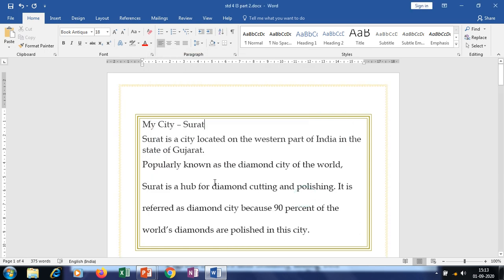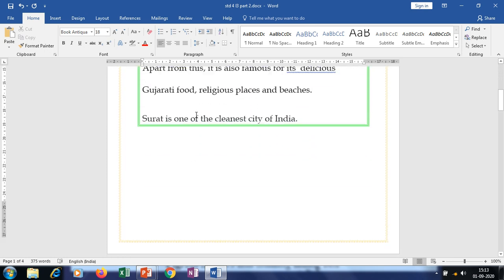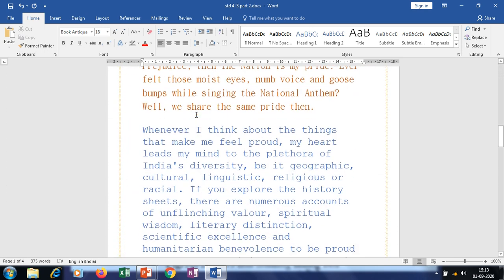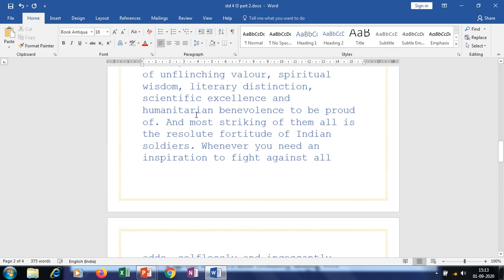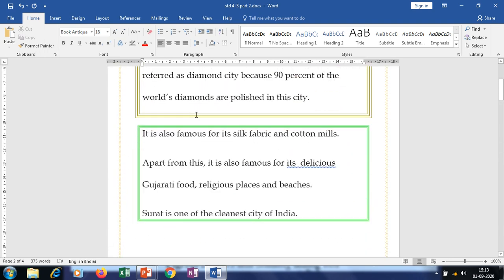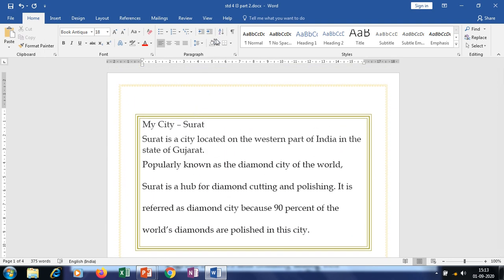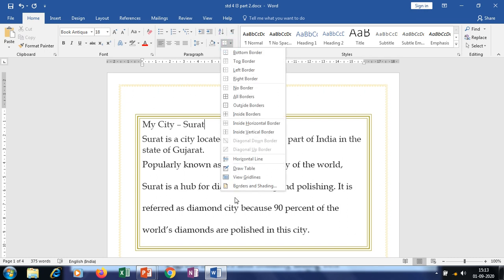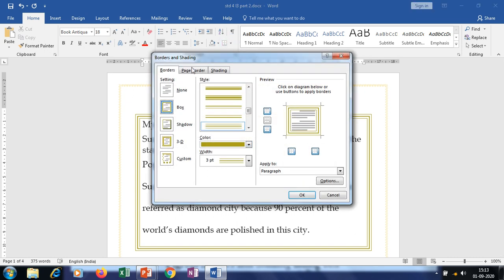Okay, you can see the page borders have also appeared, and they will appear on all the pages when you select the page border. Now something we have seen in the page border, some new option was there here. Can you see the art option?